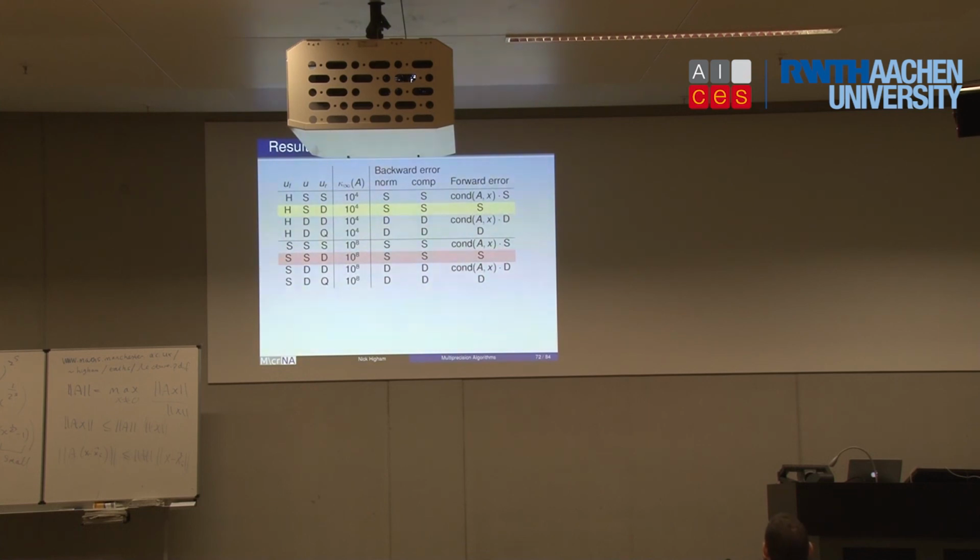I can't allow the condition number to be bigger than that, which is a bit of a restriction for single precision. You'd really like to allow condition numbers up to 10 to the 8. So is there any way we can get the speed benefits of the half precision line while allowing a larger range of condition numbers?